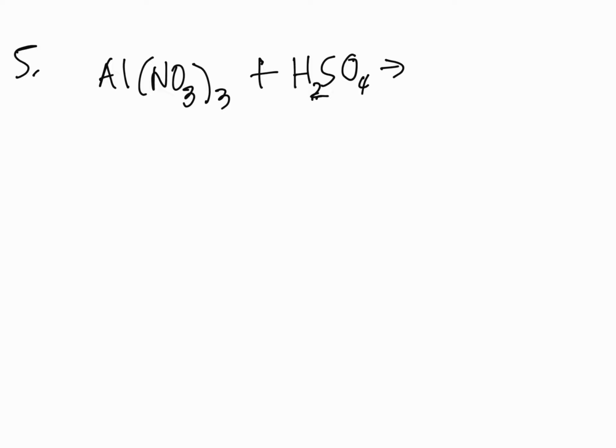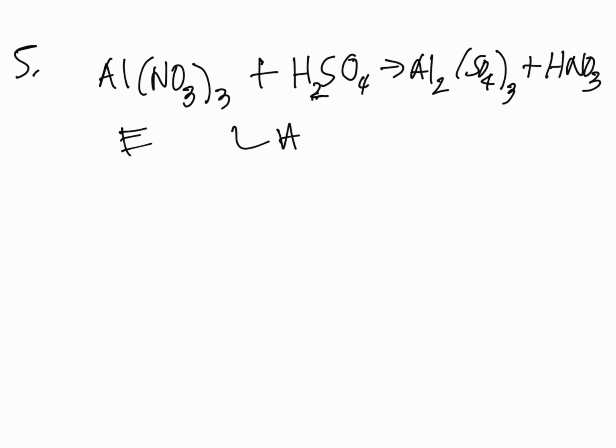Okay, again, that's aluminum nitrate, that's 3, and then H2SO4. The product is Al2(SO4)3 plus HNO3. Okay. For the elements, left hand side, then the right hand side,